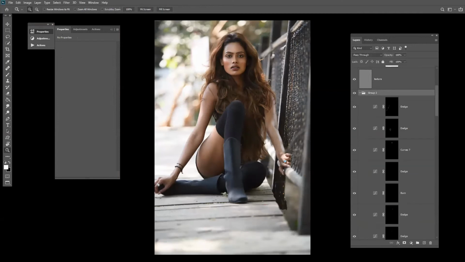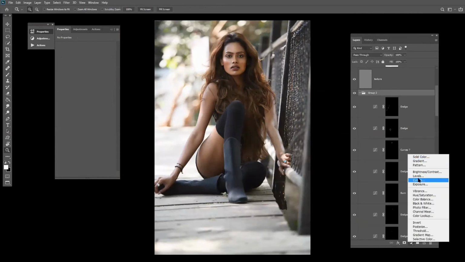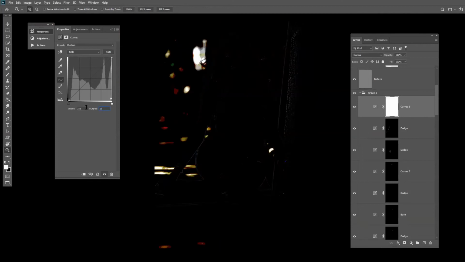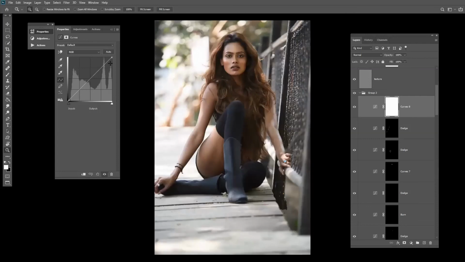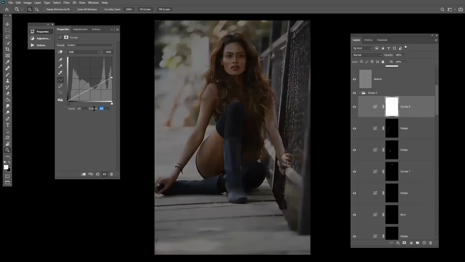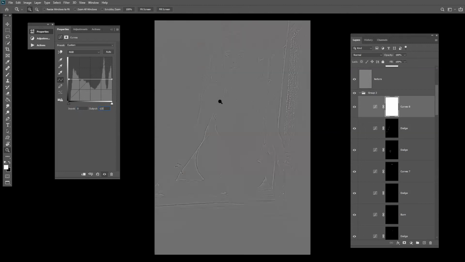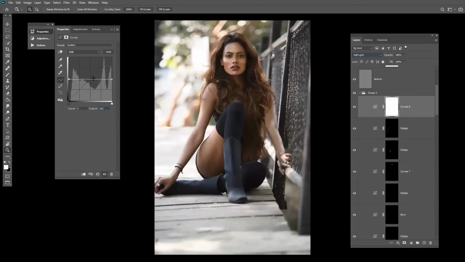Now let's do a basic brightening of the image. Take a curve layer. In the output, put it 125. No, let's reset it. Just pull it down a little. Now put it 125 and put here 0. Pull up the darkness a little and put it 0 over there. You will get a gray layer. Just convert it to soft light and pull it from the center.